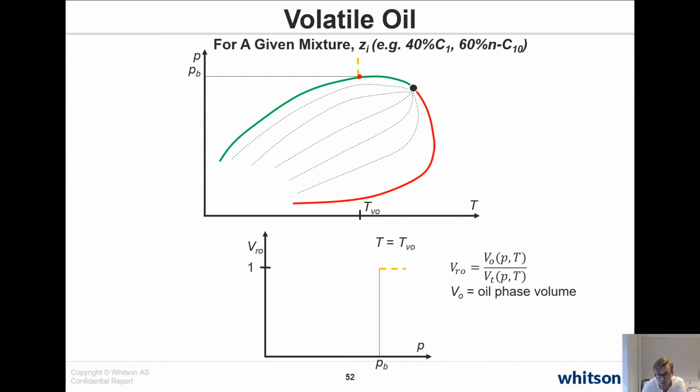The liquid relative volume is constant, so it's only liquid there. So that's fair. It's 1. But below, we see that we get a curve that's not linear, but actually non-linear, or it has a little bit of a bend in it. And that's what, at least internally at Whitson, in a strict classification, we would use as one of the criteria to define something as a volatile